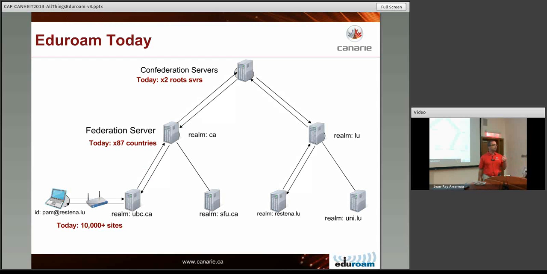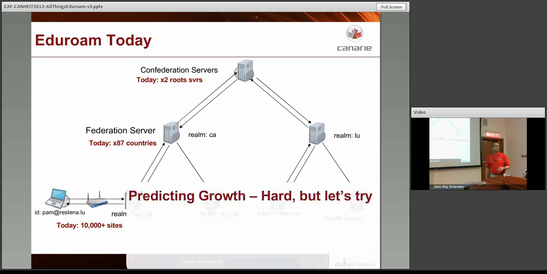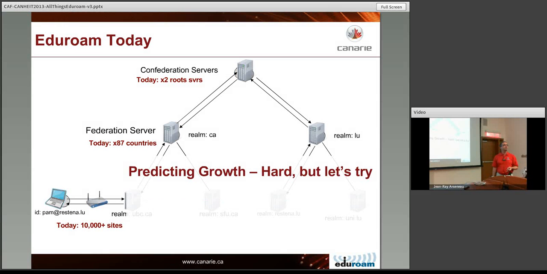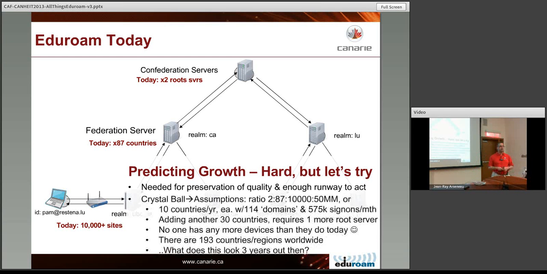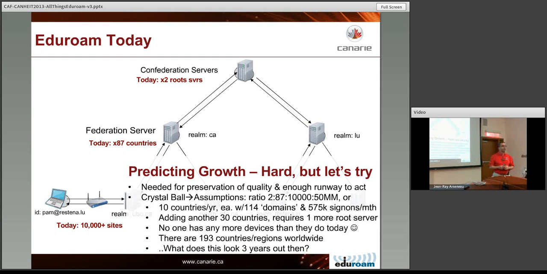So when we look at predicting growth, it's hard, but we try. And so we're looking at this for preserving the quality of the Eduroam service, as well as making sure that if we're going to do something at this scale globally, we need enough runway to act. So what we did is we worked through, as some of the technical team at the International Eduroam Working Group,